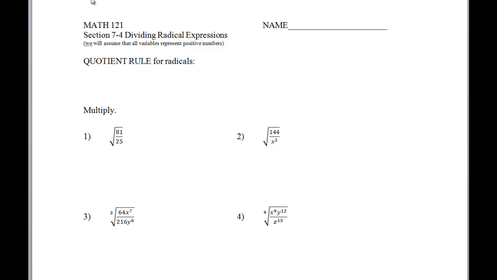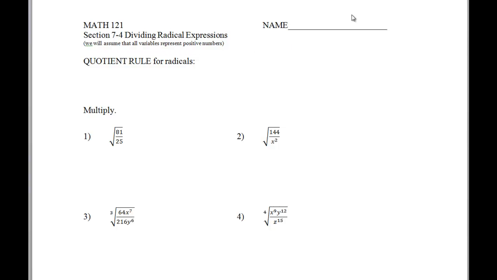This is Mr. Anderson for Kellogg Community College taking a look at Chapter 7, Section 4, Dividing Rational Expressions for Intermediate Algebra Math 121. This is the first part of two videos where we're going to be looking at just simplifying things using dividing. And I should say this disclaimer, we will assume that all variables represent positive numbers because